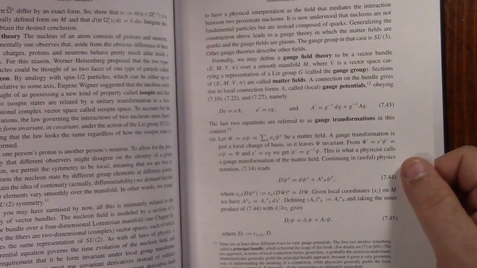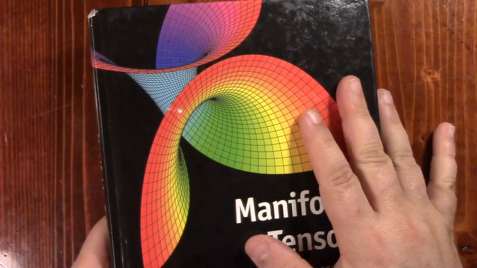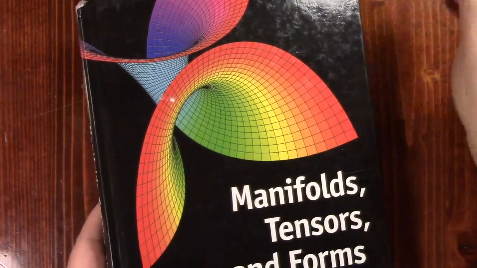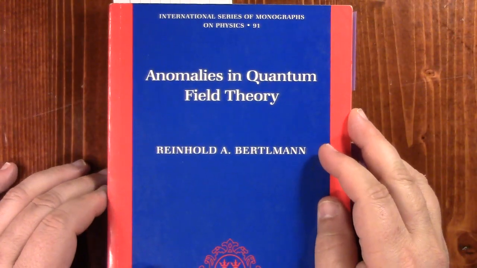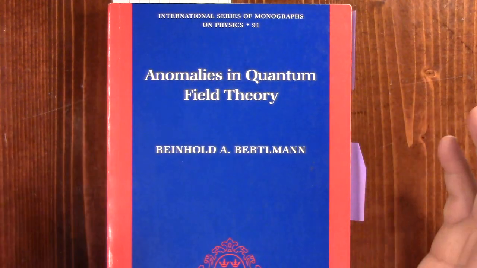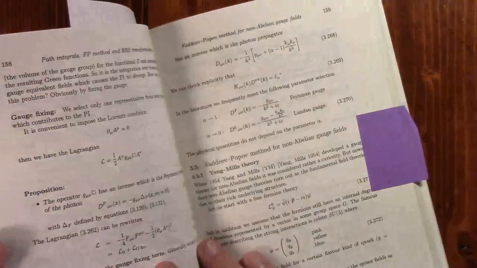So there's roughly a paragraph, or maybe a page, in Carroll's book where he describes gauge theory. This has more of the mathematics at kind of the same level as Carroll, but with a little bit more mathematical sophistication. All my friends in theoretical physics studied this book, Anomalies in Quantum Field Theory. So this is probably not something you're going to get as a recommendation from a mathematician. But by golly, this book